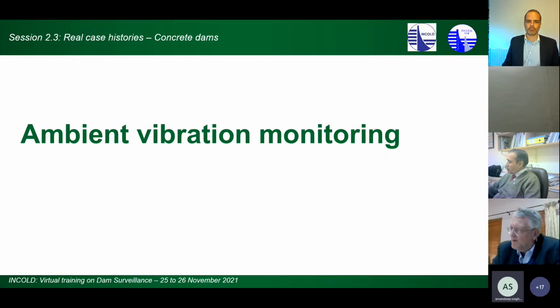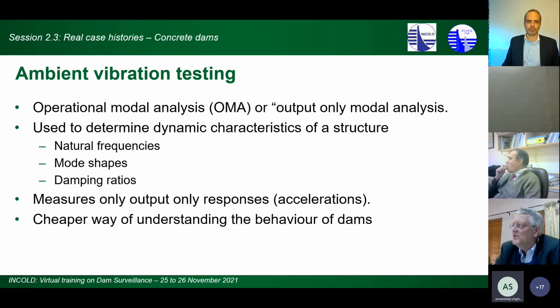I'll just quickly show the advantage of that. You determine the dynamic characteristics of a structure, but we only use the ambient loads on the structure. That's enough for us to determine the dynamic properties. We only measure accelerations and then convert that into frequencies. It's a relatively cheap way to understand the dynamic behavior, especially of something like an arch dam,